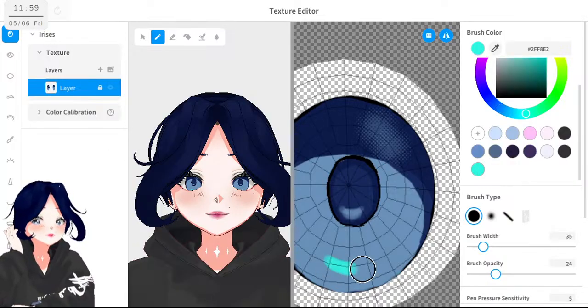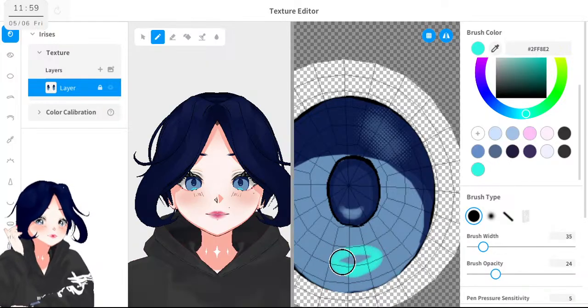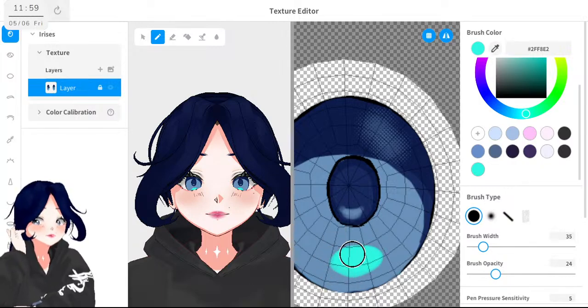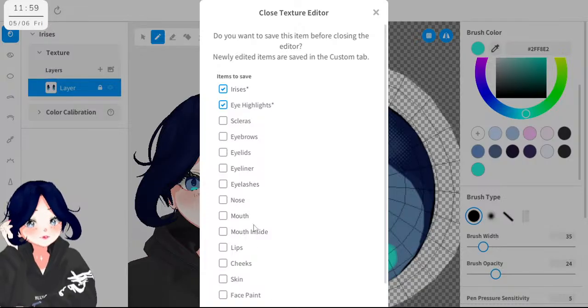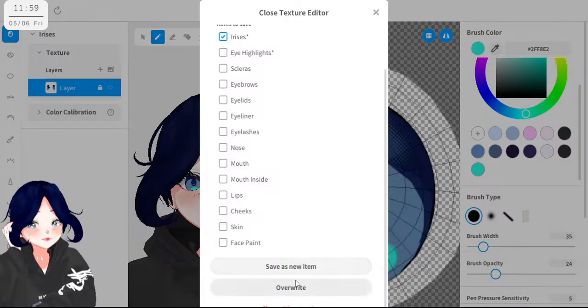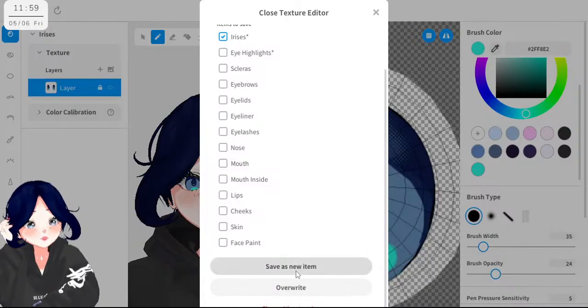Yeah, I think this one is a little too high, from the pupil to this place. There's a lot of space here, but I don't want to make the pupils bigger or lower. So maybe okay, like that. Let's save this as a new item.